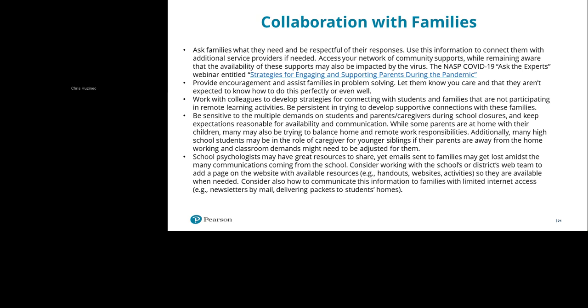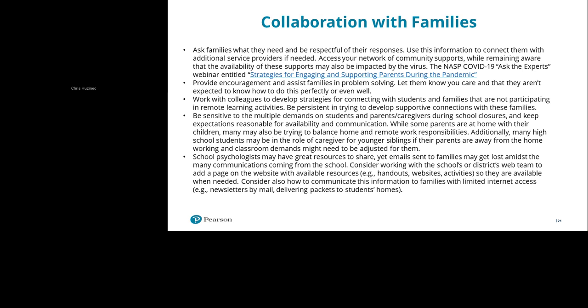When working with colleagues, you should develop strategies for connecting with students and families that are not participating in remote learning activities. You should be sensitive to multiple demands on students and parent caregivers during school closures and keep expectations reasonable. Parents are going to be working as well as working to help their children in remote learning situations.